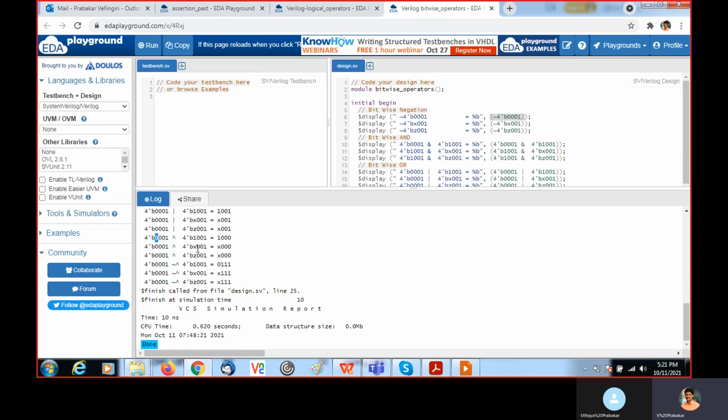In case X is present, you will get the output as X. If Z is present, you will get the output as X. Same bits you will get 0, but different bits you will get 1. Here 1, 0, you are getting 1. Here also, if X and Z are present, the corresponding output bit will be X.